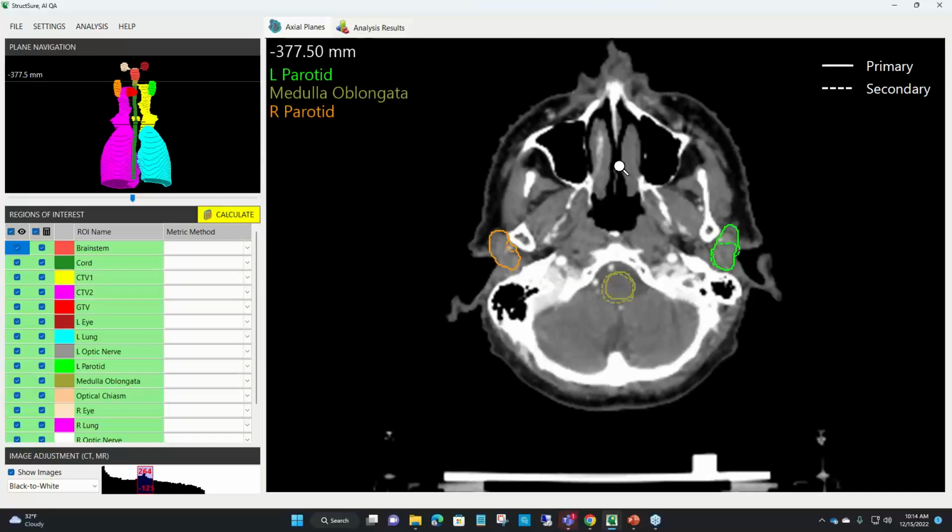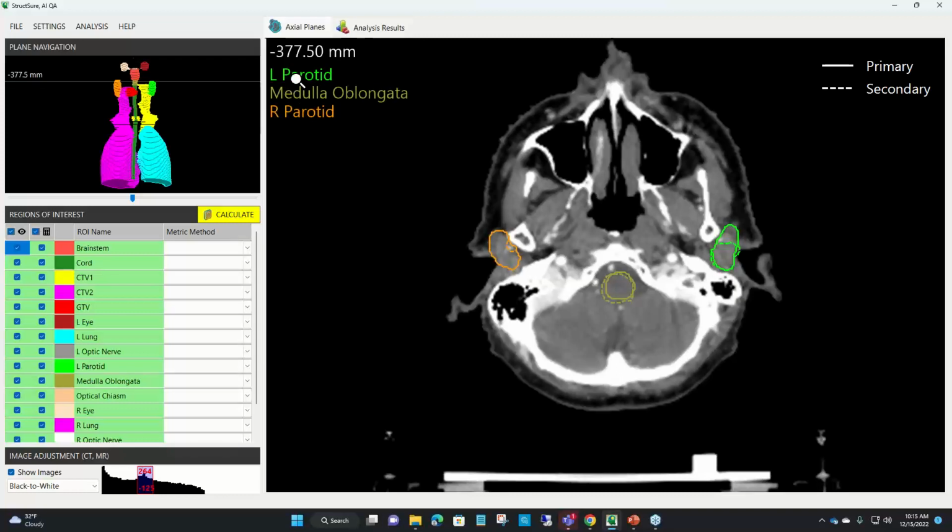And over here we have the main screen of the CT slices. Now you'll notice here that we've got some lines, and basically a solid line, that's your primary set. That's your gold set, done by your best dosimetrist in the whole wide world or something along those lines. So you're all set with those solid lines.